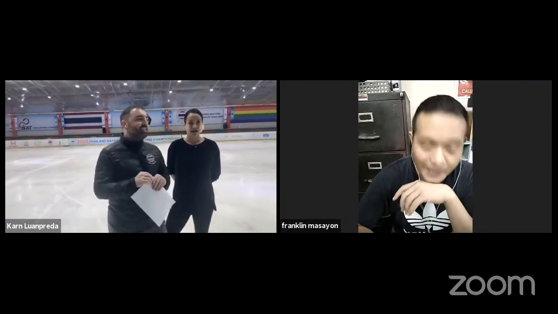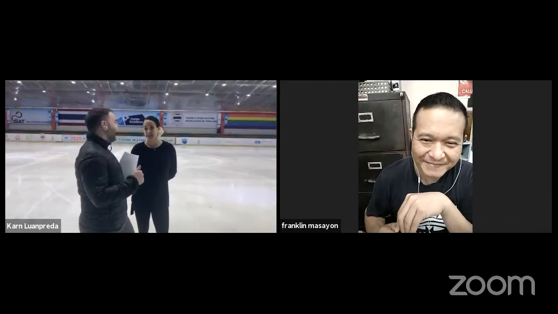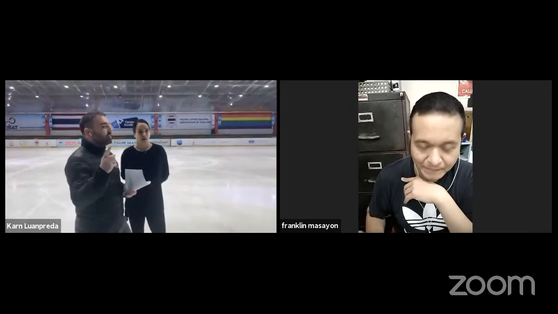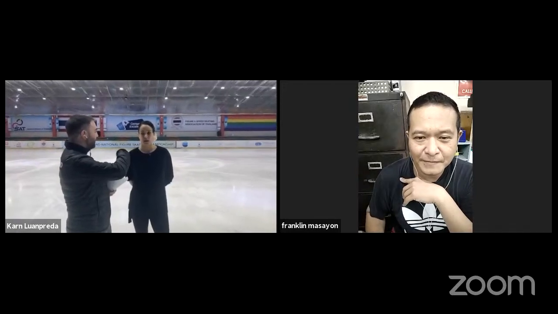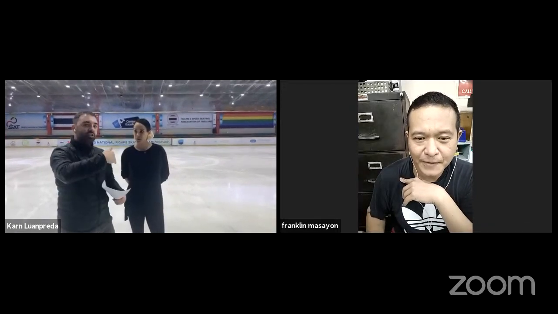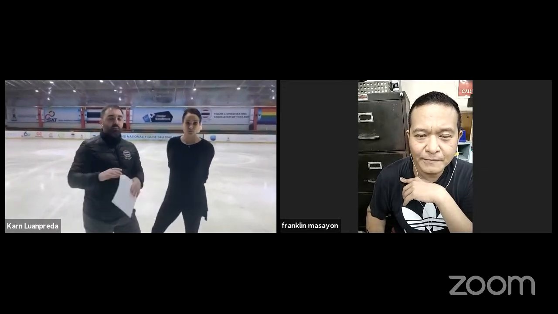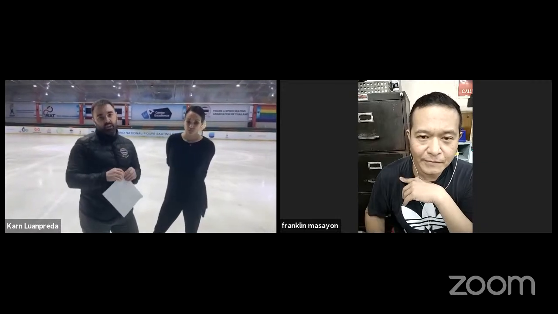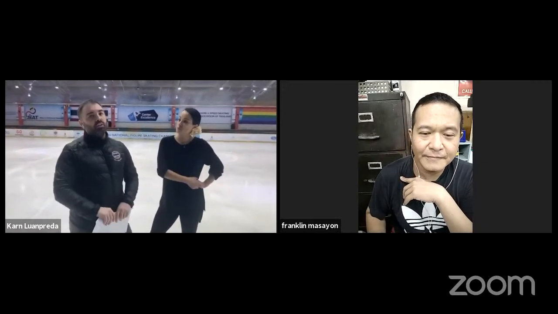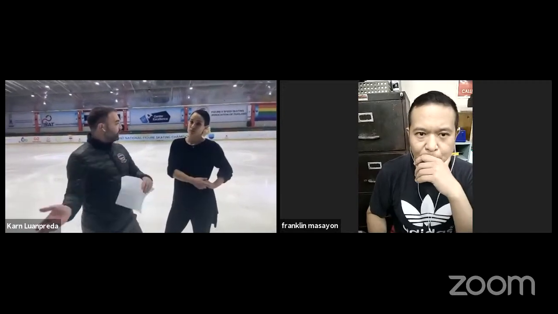Okay, so those would be some. He said the forward inside loop on the weak side, and the backward outside loop on the weak side. So it's really important. Notice Chrisha did that exercise and she did both sides. She did both sides each time. Try not to let your skaters just practice the one side. I know it's tempting to just kind of master that one cluster or the two clusters that you have in your step sequence, but it's really important that you are doing the balance on both sides